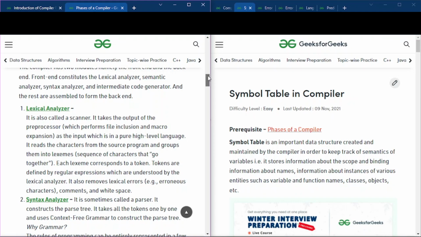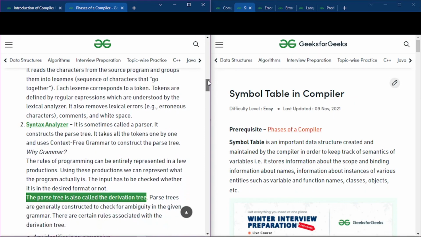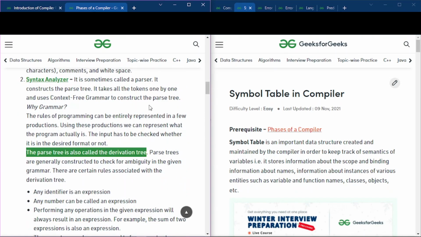Now coming to the syntax analyzer, it is sometimes called a parser, and it basically constructs the parse tree. It uses the tokens that were created in the lexical analyzer phase one by one, and also uses the context free grammar to construct the parse tree.